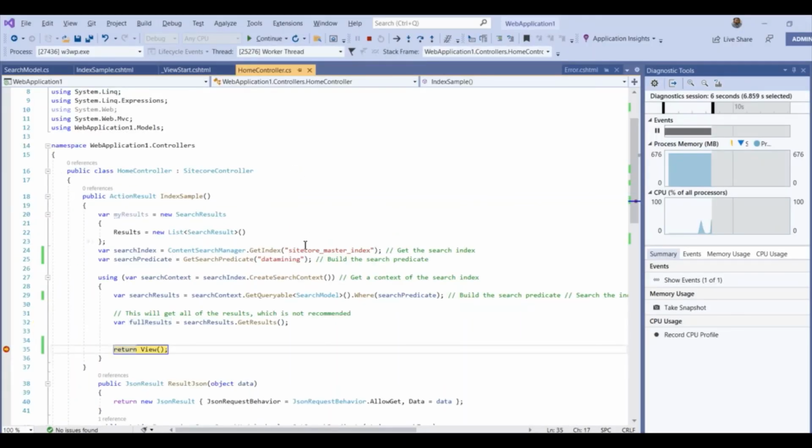Yeah, now the debug came. So now if you see, I'm searching data mining. Only one item I have created in the CMS, so I should get one item here.